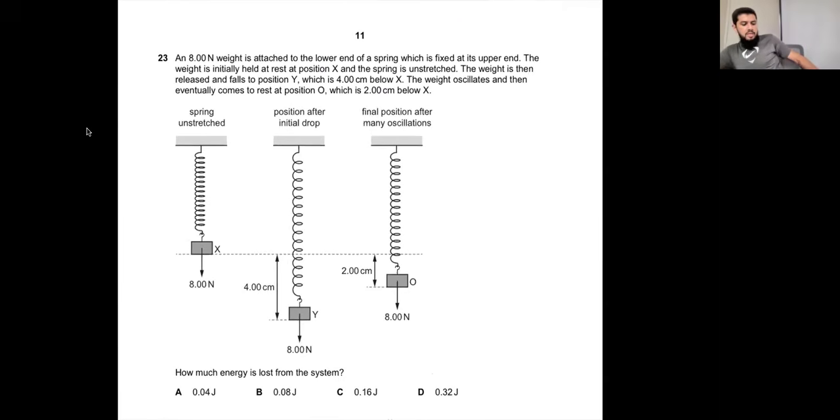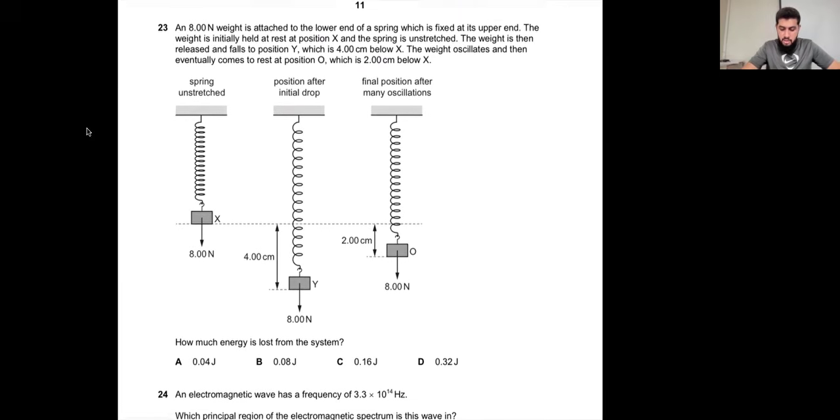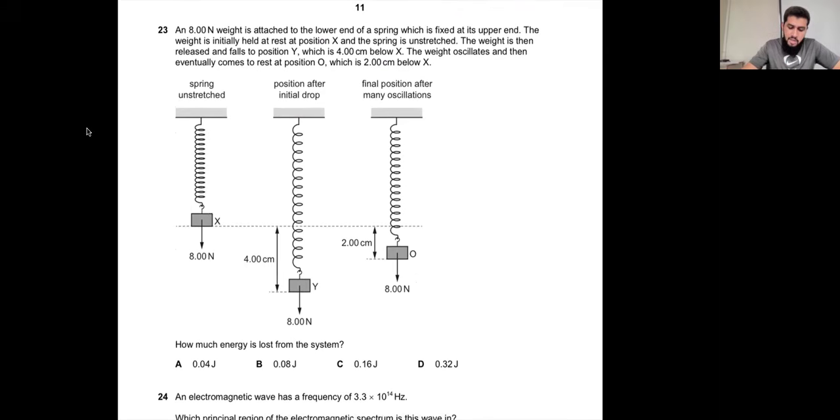Question number 23 says an 8 Newton weight is attached to the lower end of a spring, which is fixed at its upper end. The weight is initially held at rest at position X, and the spring is unstretched. The weight is then released and falls to position Y, which is 4 centimeters below X. The weight oscillates and then eventually comes to rest at position O, which is 2 centimeters below X. How much energy is lost